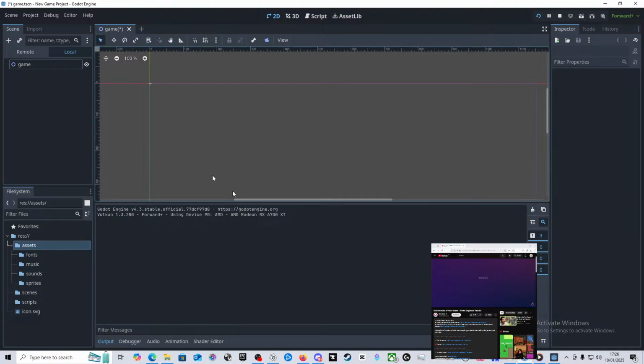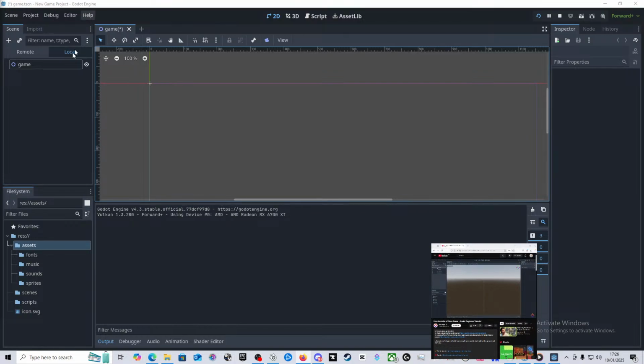To make anything in Godot, we use nodes. If we want to make a player character, we do so by putting together a bunch of nodes. So let's create a scene where we'll put everything together. This is going to be a 2D game, so I'll select 2D scene. And let's rename this from Node2D to Game. And even though it's empty, let's go ahead and save it. So hit Control S.